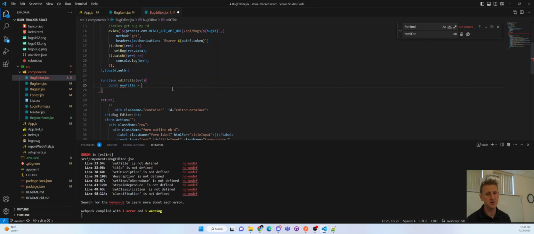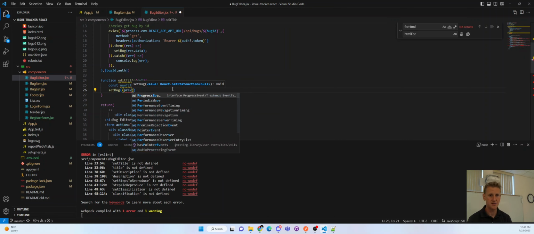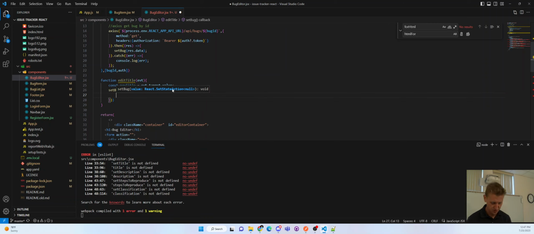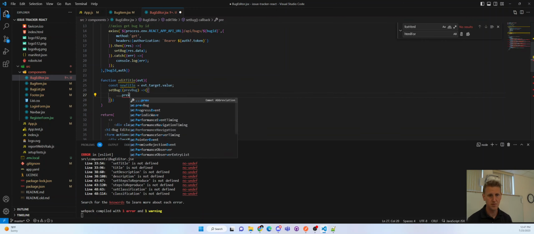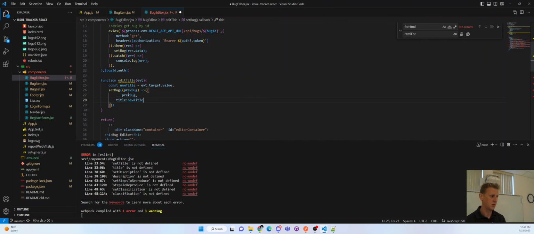const newTitle = evt.target.value. setBug(previousBug => ({...previousBug, title: newTitle}));